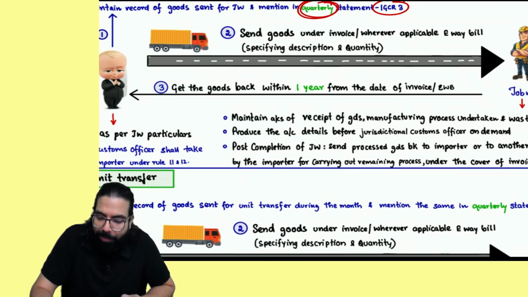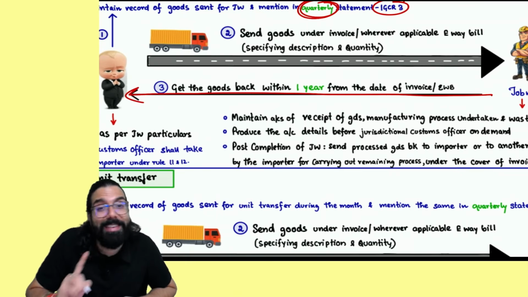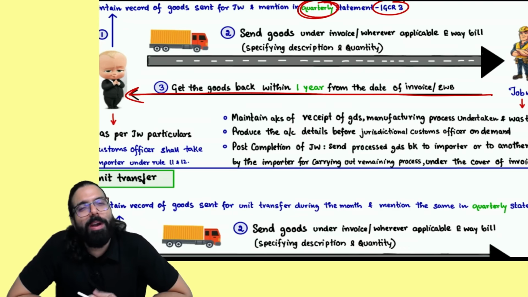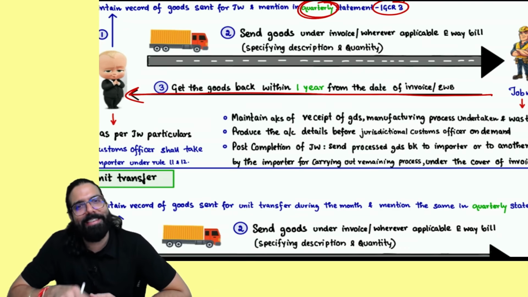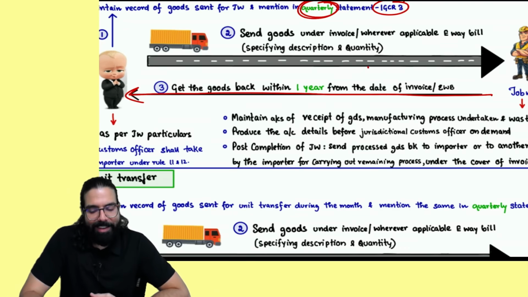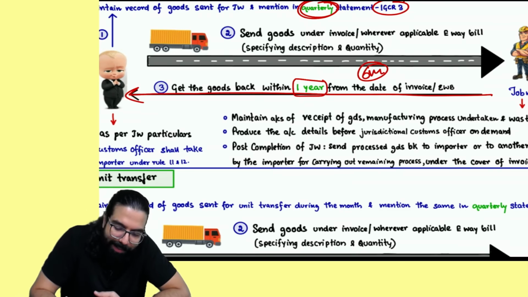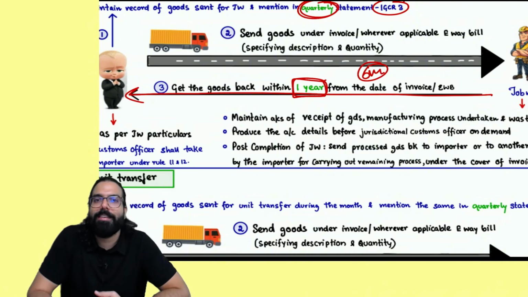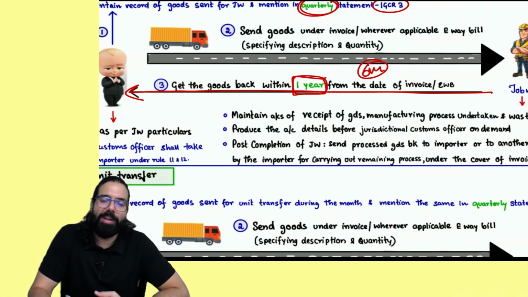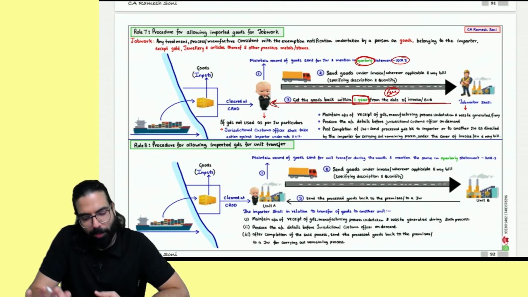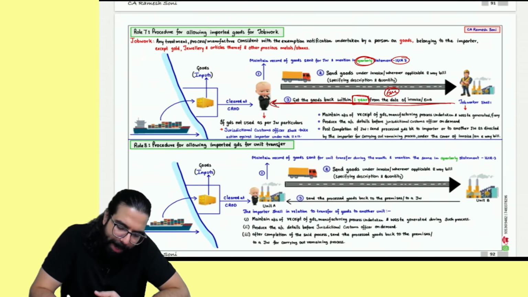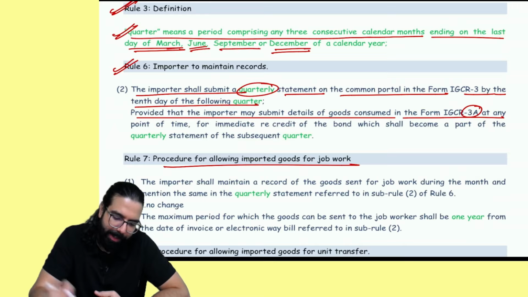And one more very important change: from the job work, the goods should come back within 6 months. But you know what? In GST and IGCR rule, there was an inconsistency. Here they are telling 6 months. In GST, it is 1 year for inputs. And hence they went ahead and made the change over here also. In IGCR rules, they told now it is not 6 months, it is 1 year. So to bring the goods back from job work, what is the time limit? 1 year.